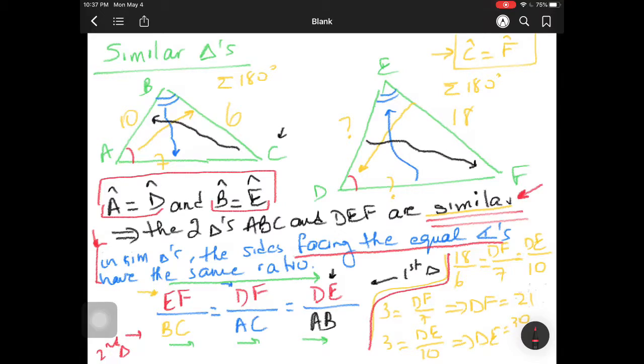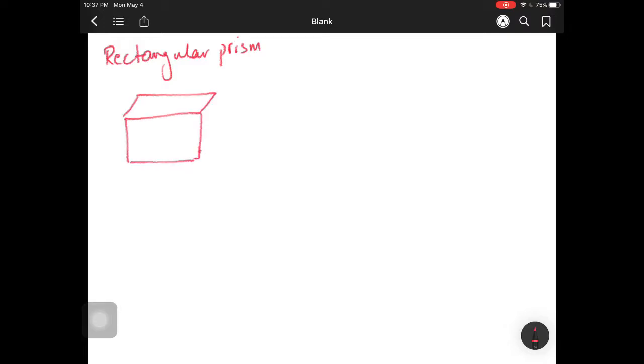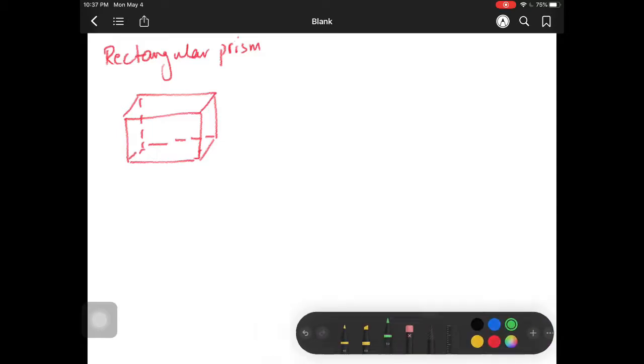Now let us talk about prisms, or you can call it a rectangular prism. So your base as well as your top are rectangles. So let's say that this is length